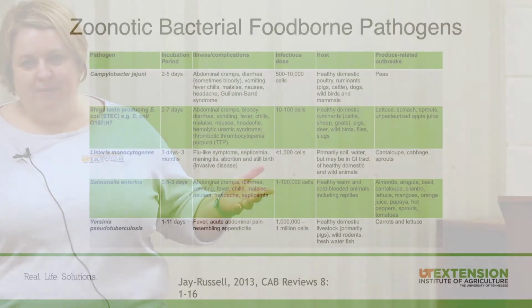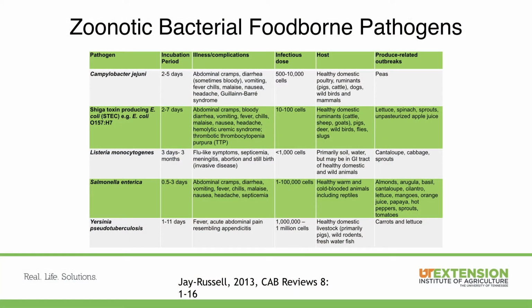And the thing to know about bacteria is there are 3 common groups that we lump foodborne pathogens into. Bacteria are different in the fact that they can actually grow. They don't need a host, so they can grow just in the environment. Some of the examples we have up here are Campylobacter and Shiga toxin-producing E. coli. A lot of people talk about E. coli, and in reality, E. coli is not